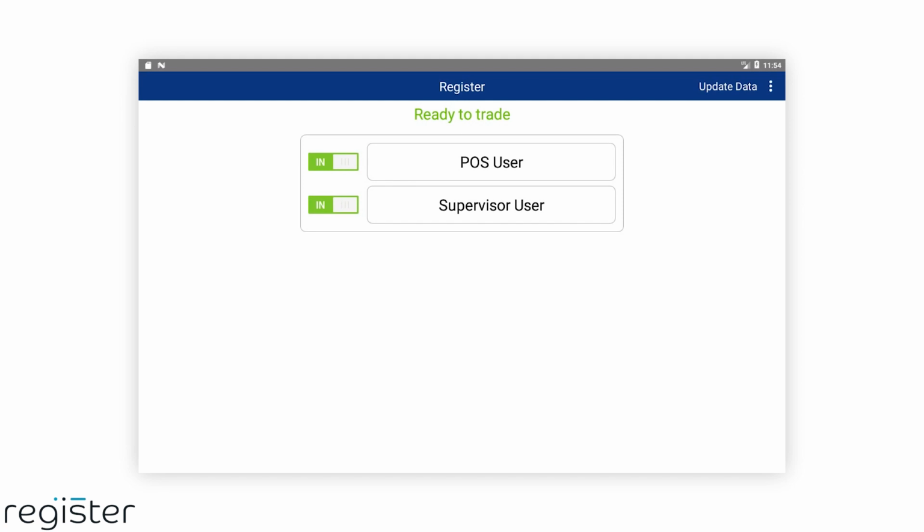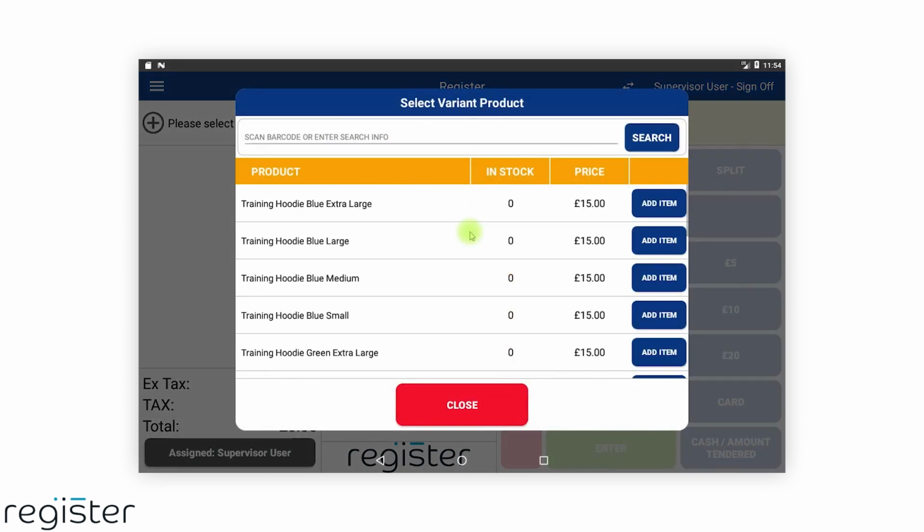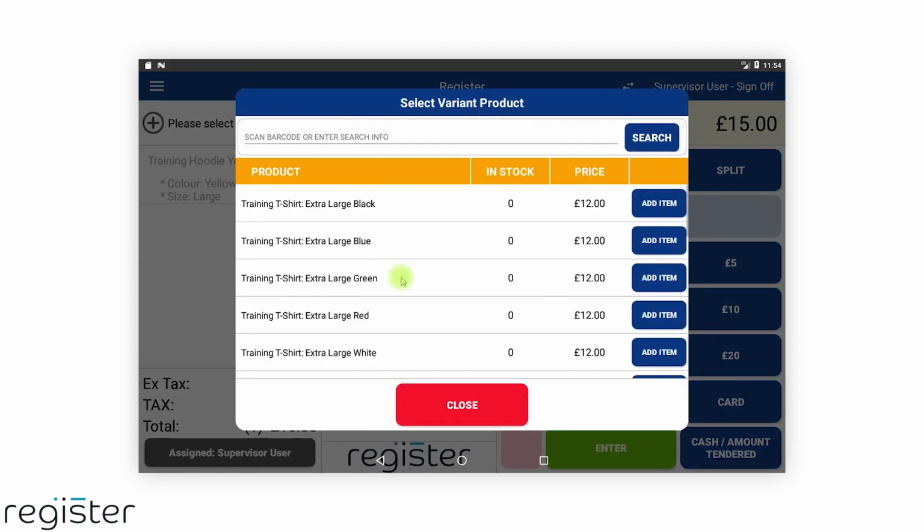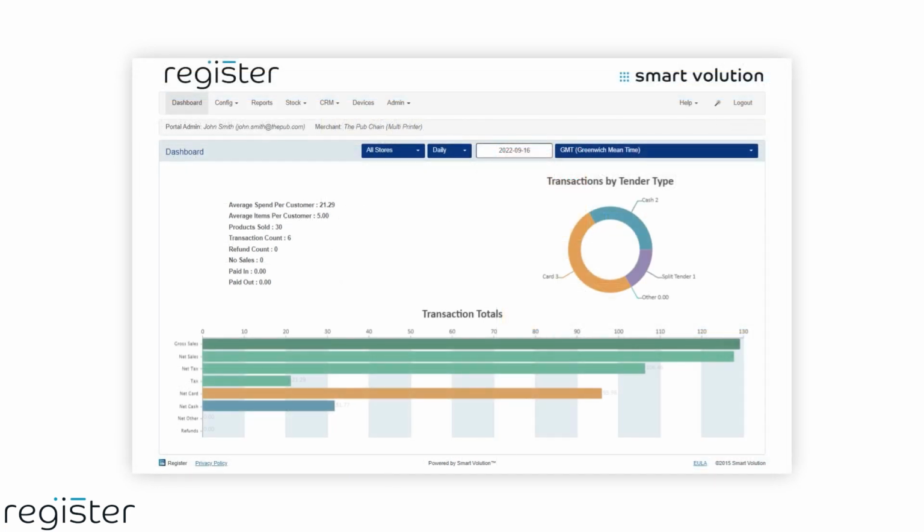Moving over to the tills, we first need to tap the Update Data button on the login screen to download the changes. As you can see, we now have the variant products available. When tapping an item, it will then list all the applicable variants that we can then add to the basket as per our configuration. Further information on product variants can also be found in your user manual,